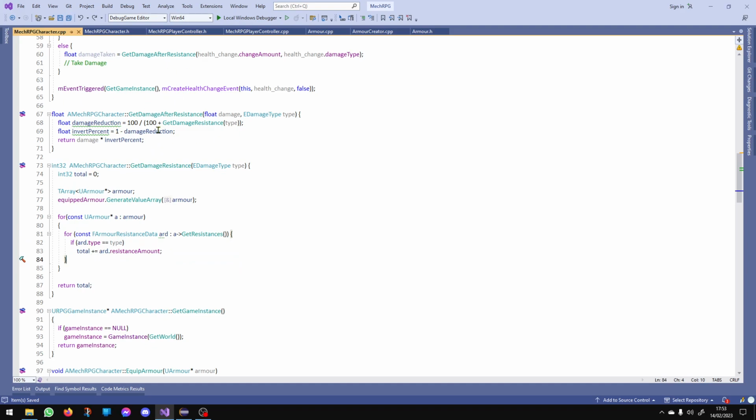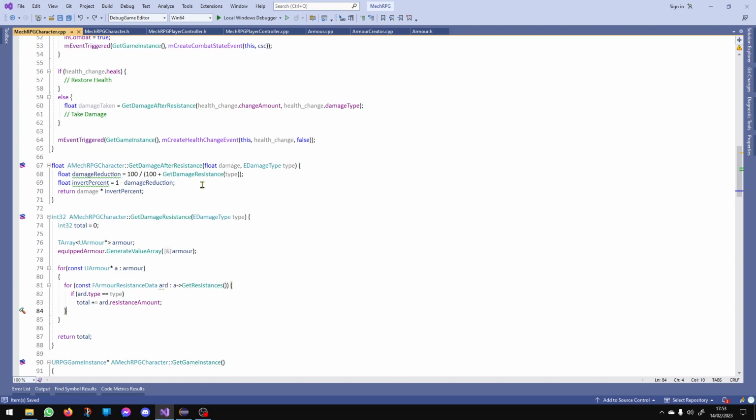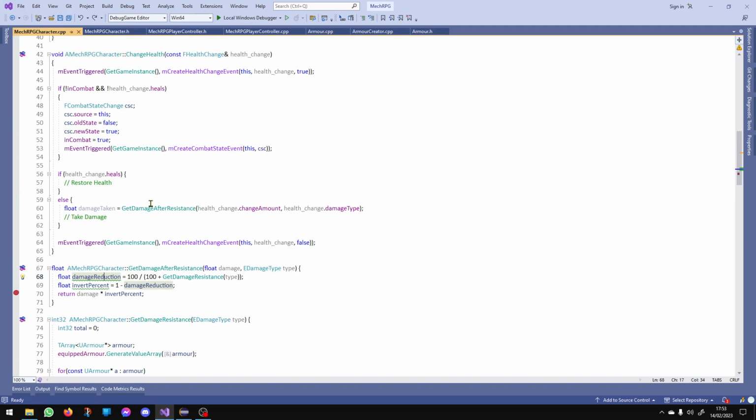And then our damage calculation is 100 divided by 100 plus the damage resistance. And then we invert it as a percentage, because this would return like 0.1 or something close to that. So in theory,